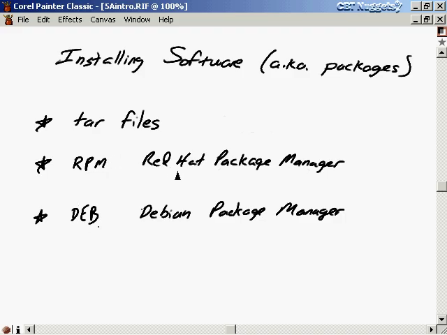Now, it might seem from the names that Red Hat Package Manager runs on Red Hat systems and Debian Package Manager runs on Debian systems, and that's certainly true. They run on the systems of their namesake here. But theoretically, you should be able to run the Red Hat Package Manager on any Linux installation. You should be able to run the Debian Package Manager on any Linux installation. In practice, you'll find that people don't mix and match these. They don't run the Debian Package Manager on Red Hat systems, and they don't run the Red Hat Package Manager